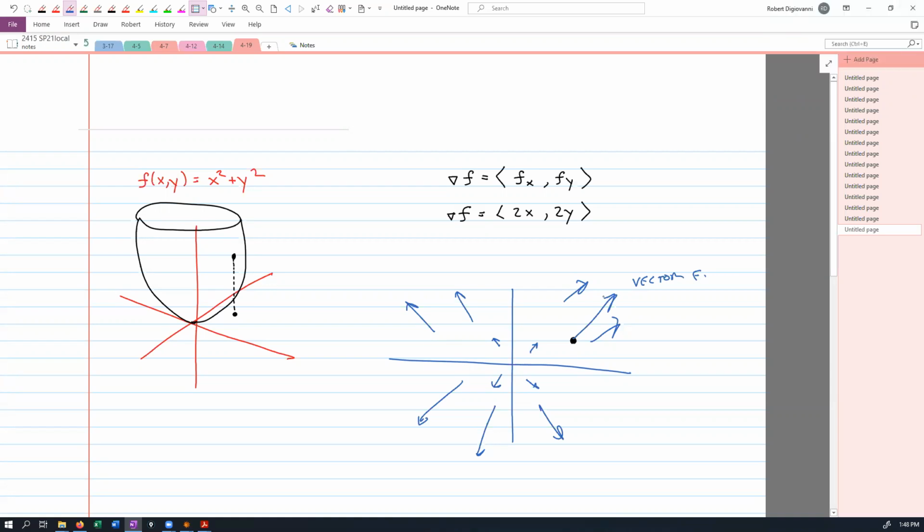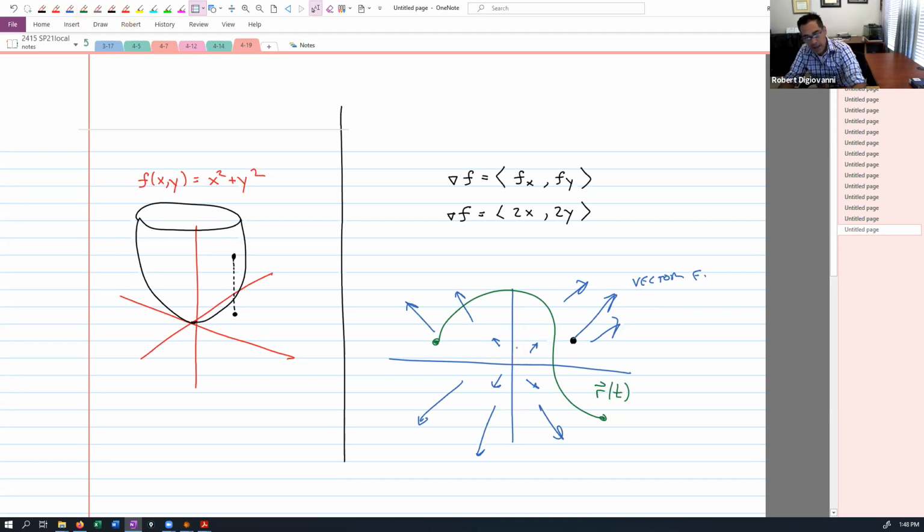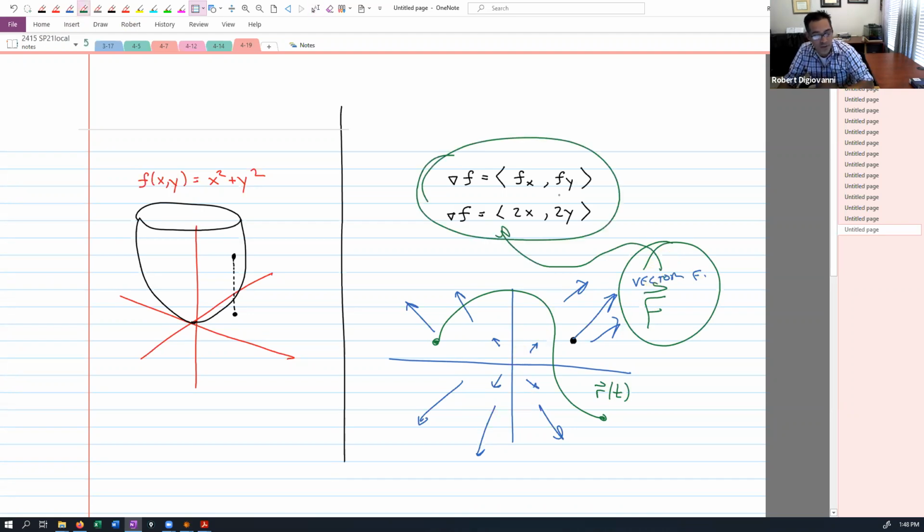Okay, so the fundamental theorem of line integrals says this. This is the mind-blowing thing. If you take a curve over here, okay, so separate these 2 ideas. If I give you a vector field, and I ask you to move through this vector field in a path, r of t, okay? If this vector field that we're talking about is actually just the gradient of some scalar function